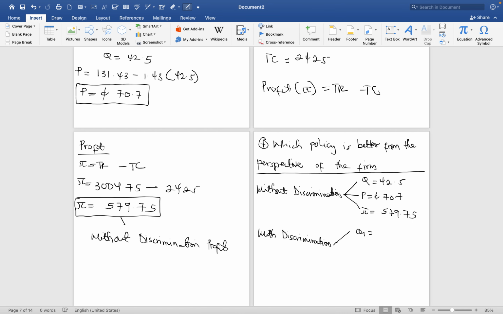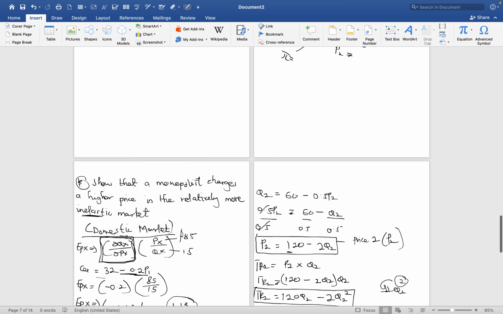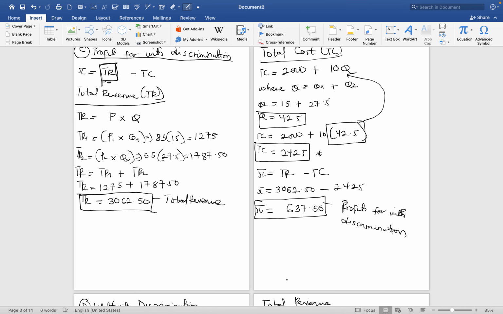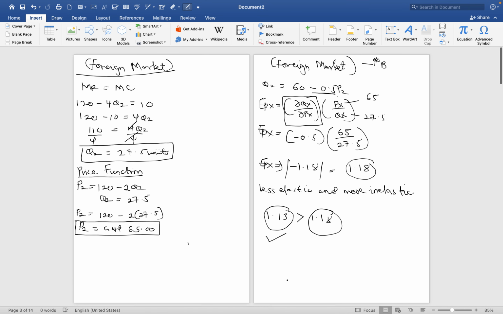Now, with discrimination, we had Q1, we had Q2, we had P1, we had P2. With discrimination again, we had profit. So let's go and pick their value. So with discrimination,